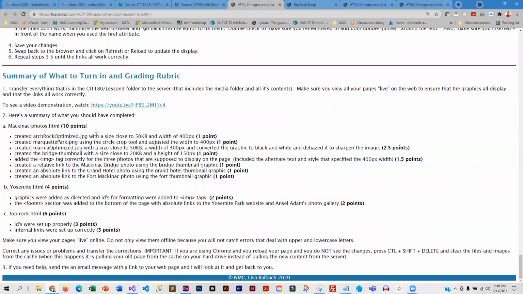And then this is a summary of everything that you need to turn in. And again, I know this is a lot, but that is why you have 2 weeks. 2 weeks, if you get an early start and you run into problems, which I know quite a few of you will,